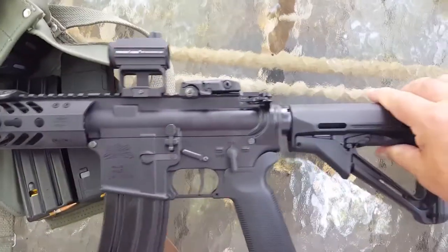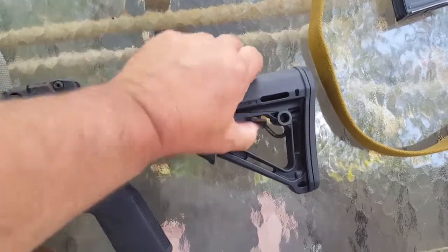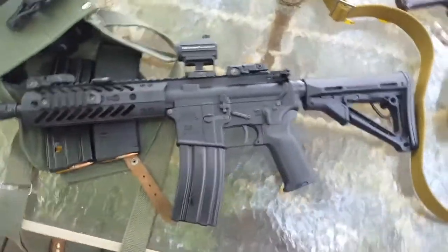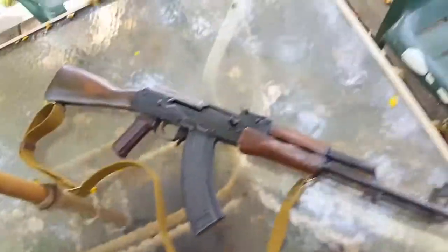And this is nice. This has the CTR stock we all are very familiar with. It's pretty much on every AR you're going to see these days, and I really have a hard time doing it one-handed, so I'm not going to try. Anyway, so given the opportunity of lugging this thing around all day, or something that